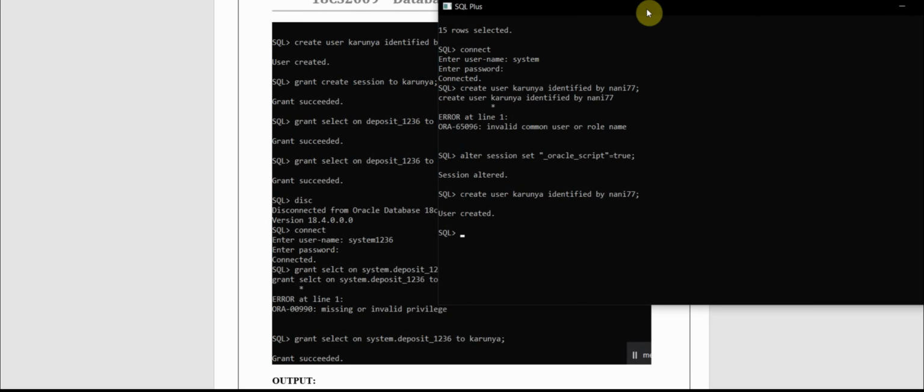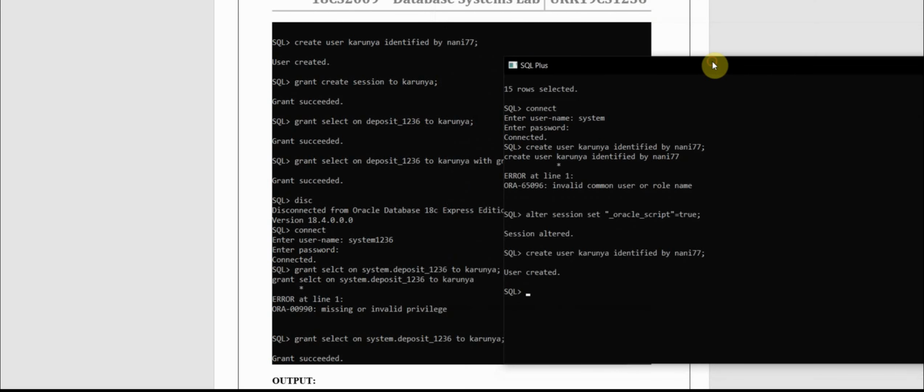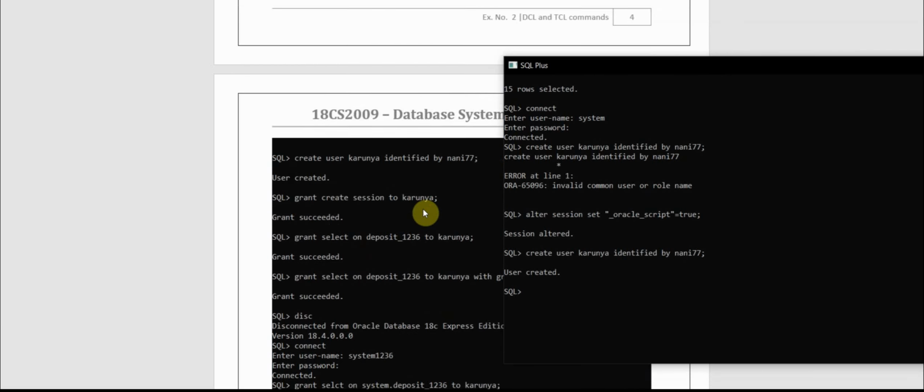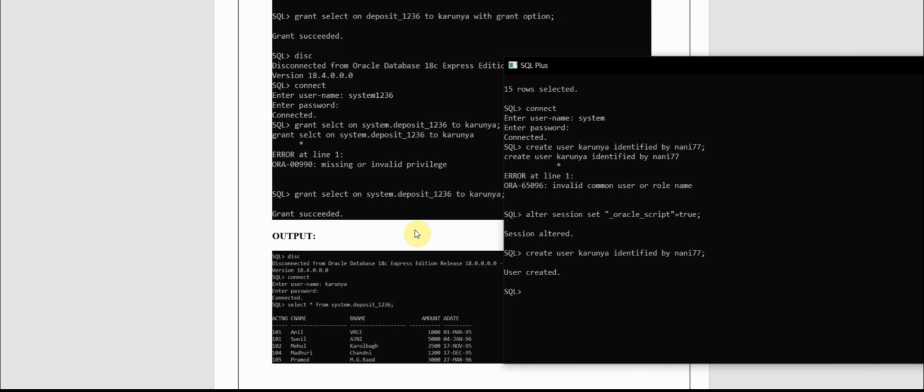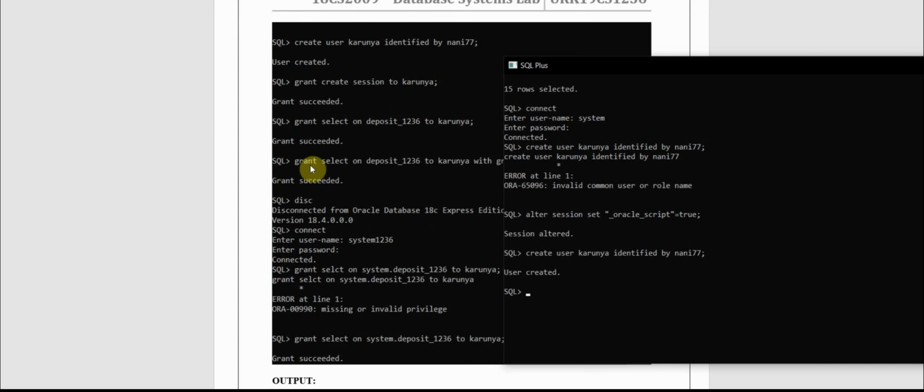Now let me give all permissions to the Karunya user, because Karunya should access everything through the 1236 user. So for deposit and everything I need to give access.